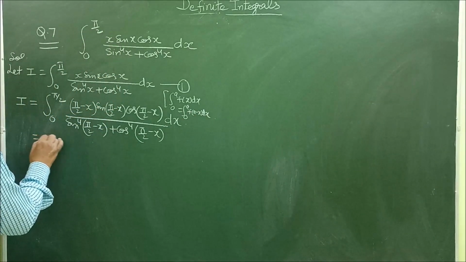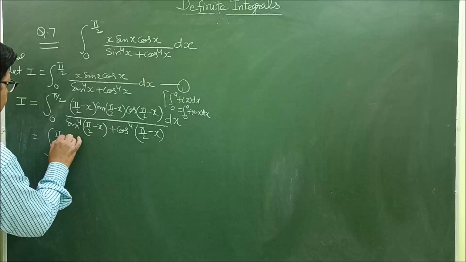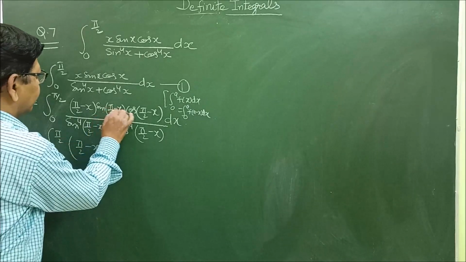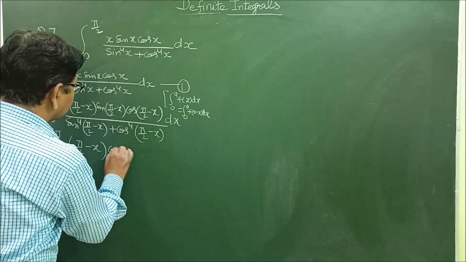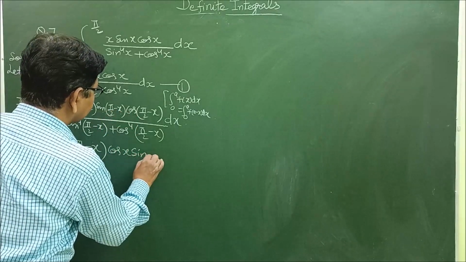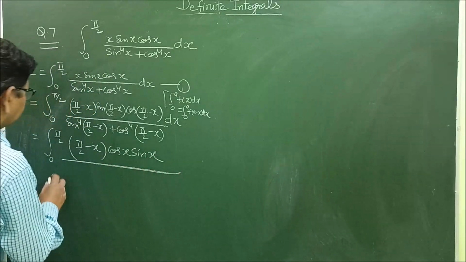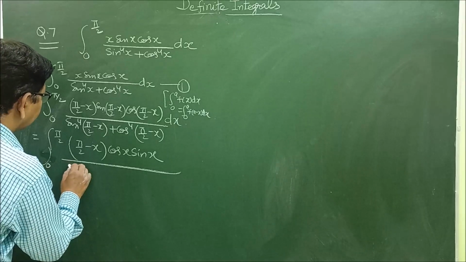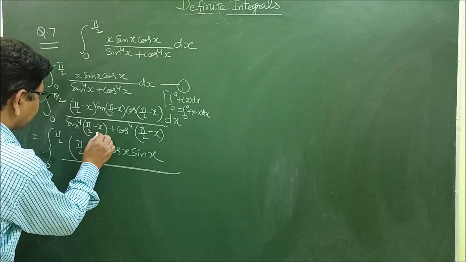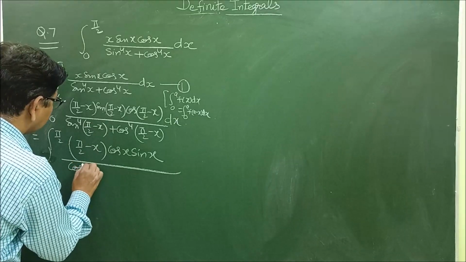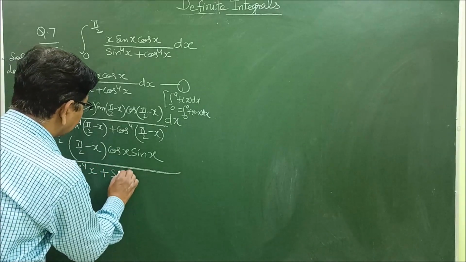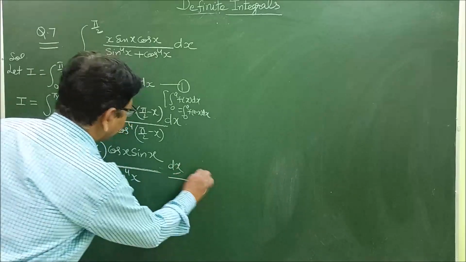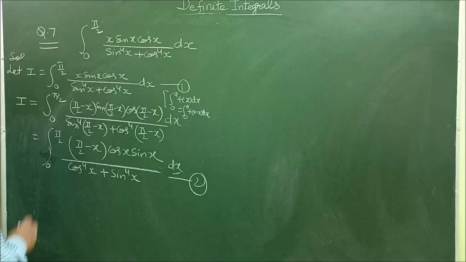Now on further simplification, 0 to pi by 2, pi by 2 minus x, sin 90 minus x is cos x, and cos 90 minus x is sin x, upon in the denominator we have sin 90 minus x is cos x, and raised to the power 4 means cos raised to the power 4x plus sin raised to the power 4x dx. So this is number 2. On adding first and second,